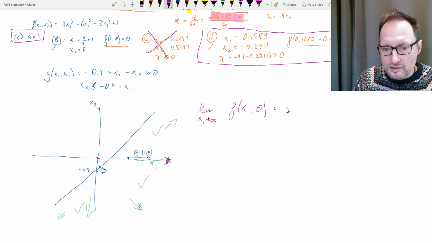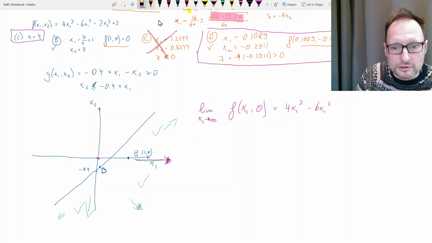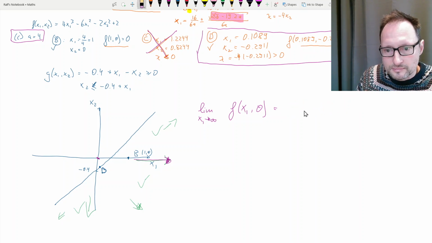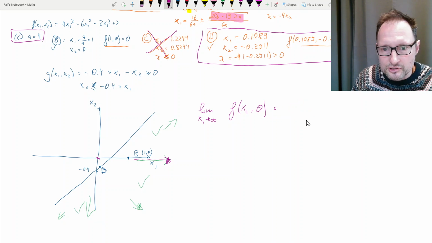If we set x2 to 0, we get 4x1 cubed minus 6x1 squared. So let me rub this away. I just need some space. So we are asking, what is the limit as x1 goes to infinity of, and now what I had before, 4x1 cubed minus 6x1